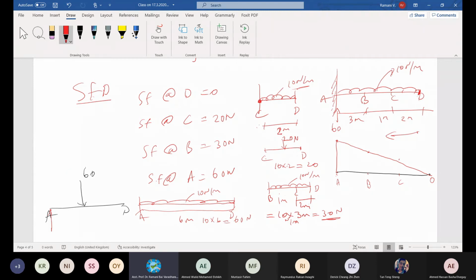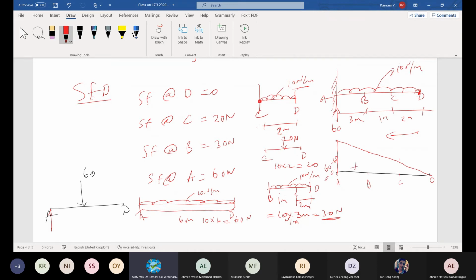If no fixed condition, our line is here. The eraser is not working. If no fixed end, our line is like this. Okay, because of the fixed end, there is another 60 acting at this point. That's why it will come down. You need to add. After this, 60 minus 60 will be going to 0. That is why I am returning to the axis. 60 minus 60 will be acting due to the fixed end. That's why it is 0.